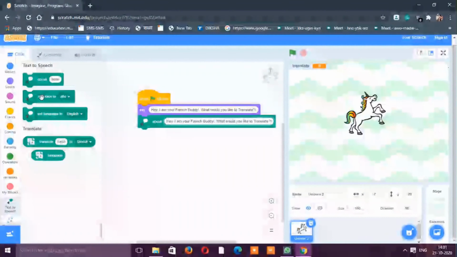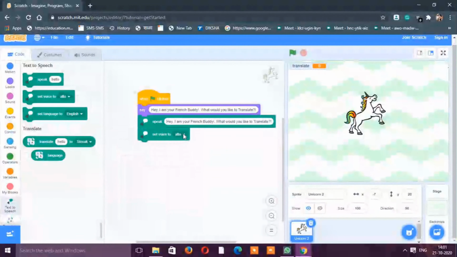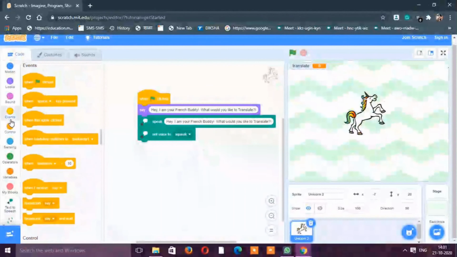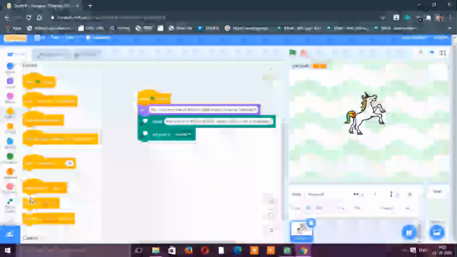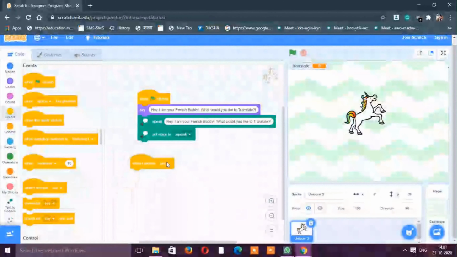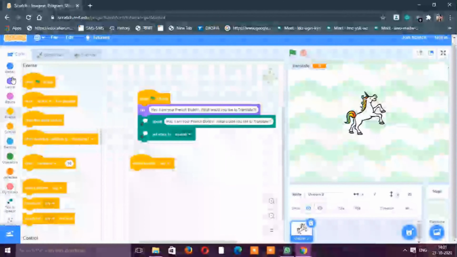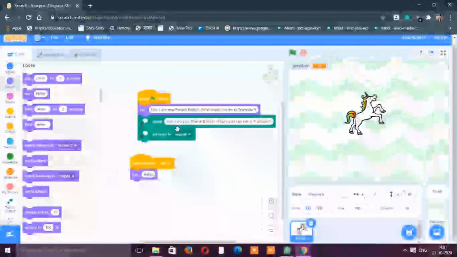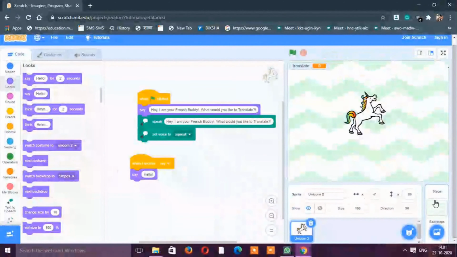Now you have to add the second block that helps to change the voice effects while saying. So I am setting it to squeak. Now go in the events and select when I receive the broadcast say. Then in text in looks it has to say. We have to select the say hello block. And now go in the backdrop section, work area,